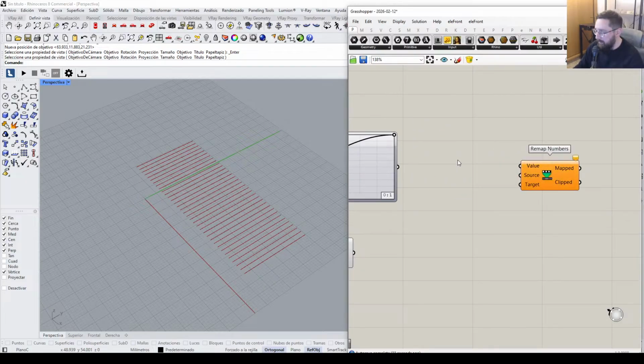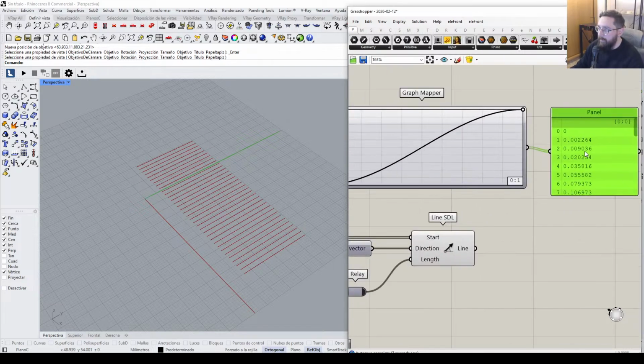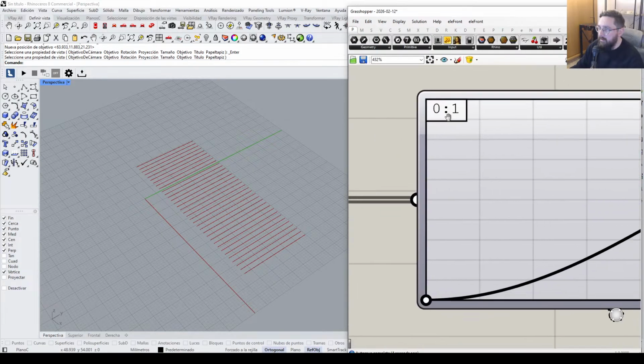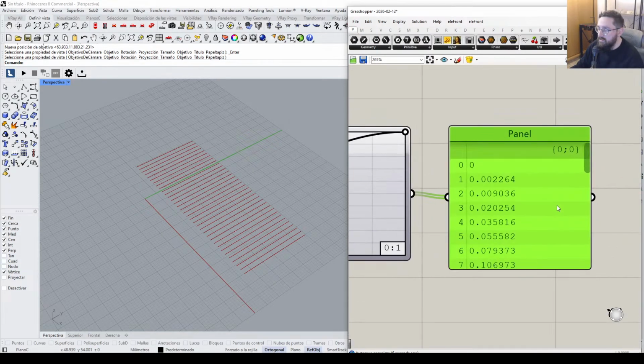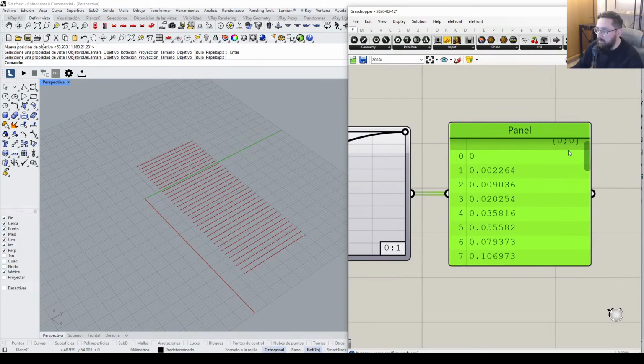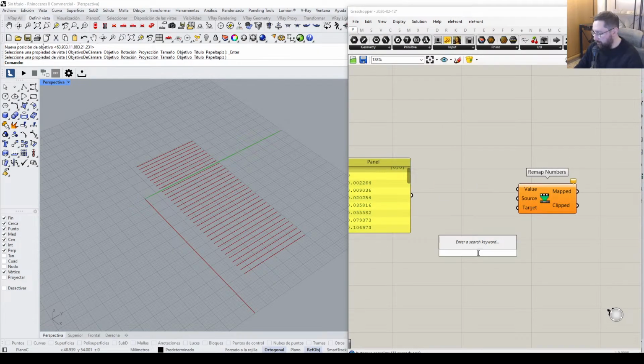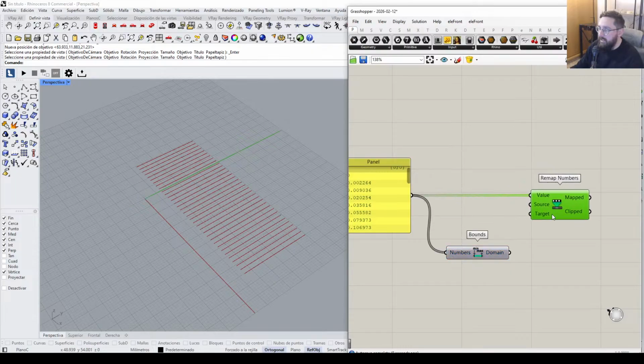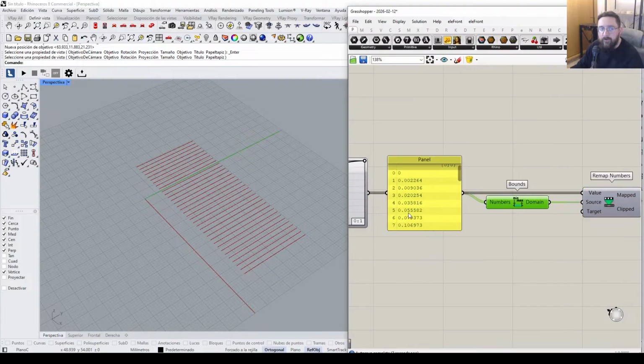And then this is going to give me a value which I'm going to remap. So I'm going to connect a panel to visualize what on earth is happening here. So these numbers produced in the graph mapper go between 0 and 1. You can see 0 and 1 in the x and y direction. And all these values go between 0 and 1. I don't want that. I want the numbers to go between 0 and 10, let's say. Okay? So what I'm going to do is I'm going to reinterpret this list of